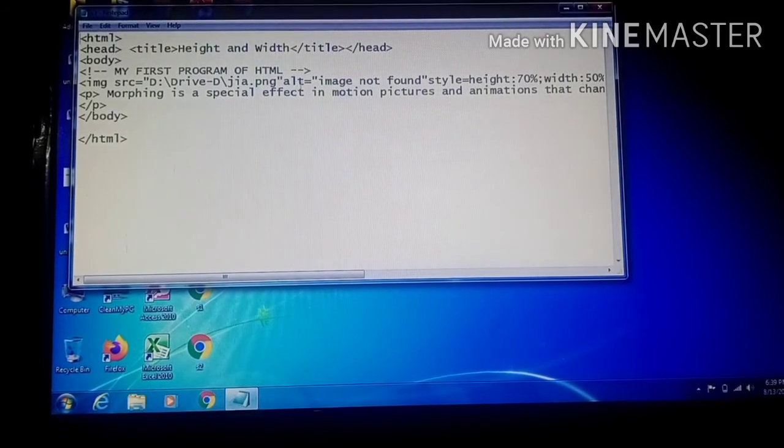ALT, if the image is not found, or if this is not a correct path of inserting an image, not a correct source of the image, then what will be the alternative, what text it will show, that is the alternate text, image not found. Third program, this third program you have to write down in your notebook.